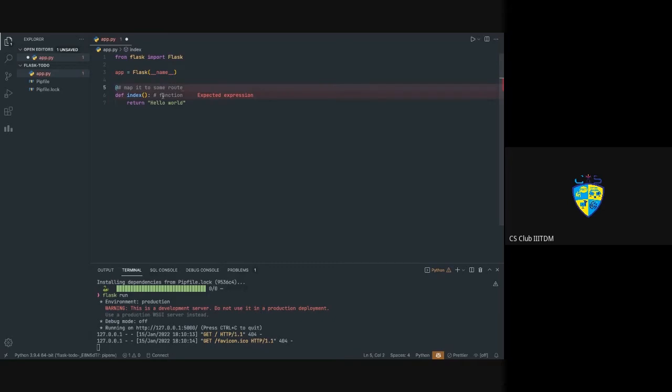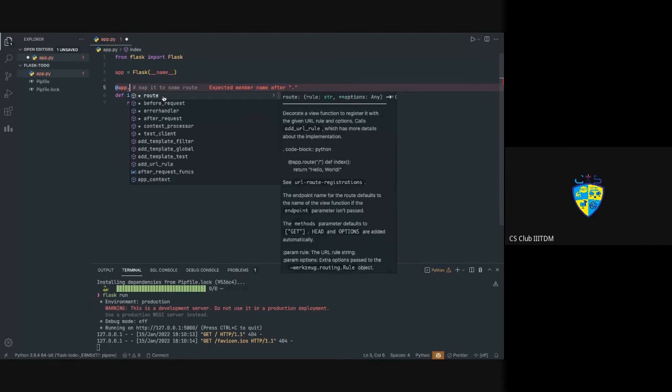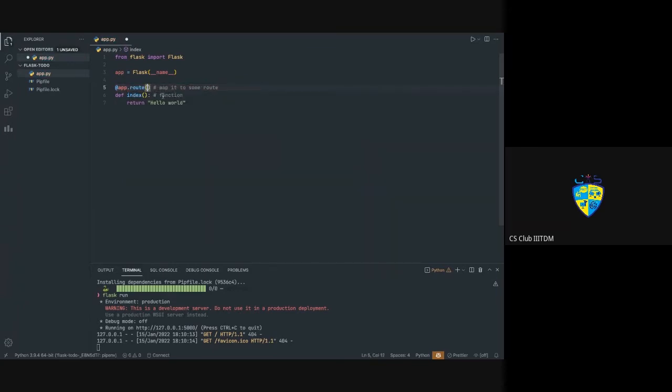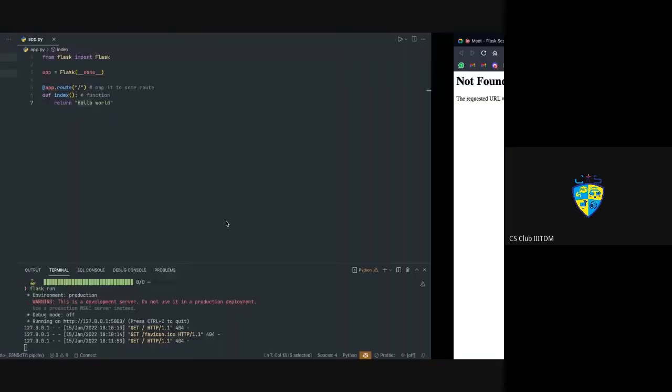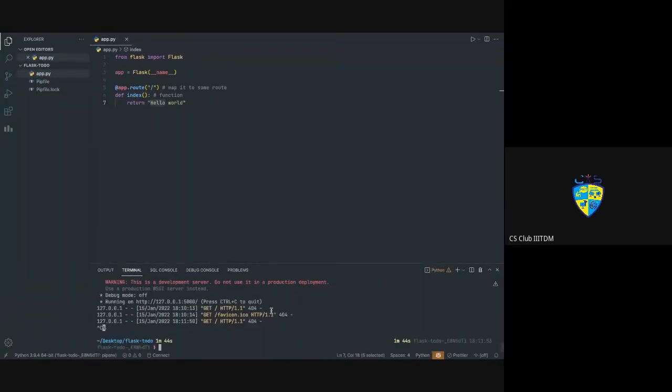To do that, you'll use a decorator. A decorator is something which is applied onto a function to give it additional capabilities. You don't need to know what a decorator is. You can read about it, but it's as simple as writing @app.route here. Basically, this tells it to add something to this index function so that whenever this route is called, the index function is called, and hello world is written. Now, if you go here and reload,